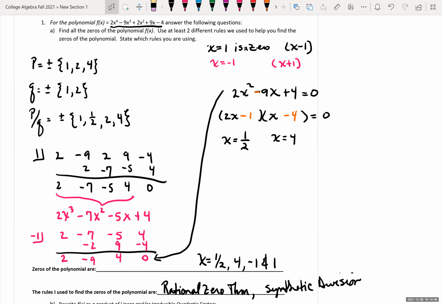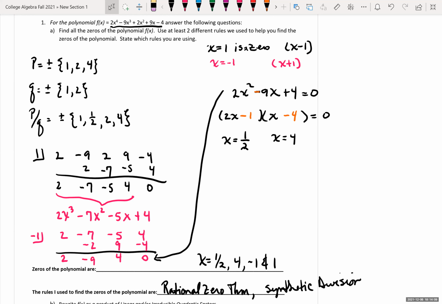So problem number 2, we're given that 5i is a 0 of f of x equals x cubed minus 8x squared plus 25x minus 200. Find the remaining zeros. So there's a couple ways that we can do this. One way is knowing that this is a 0 of our polynomial. We know that if we use synthetic division,